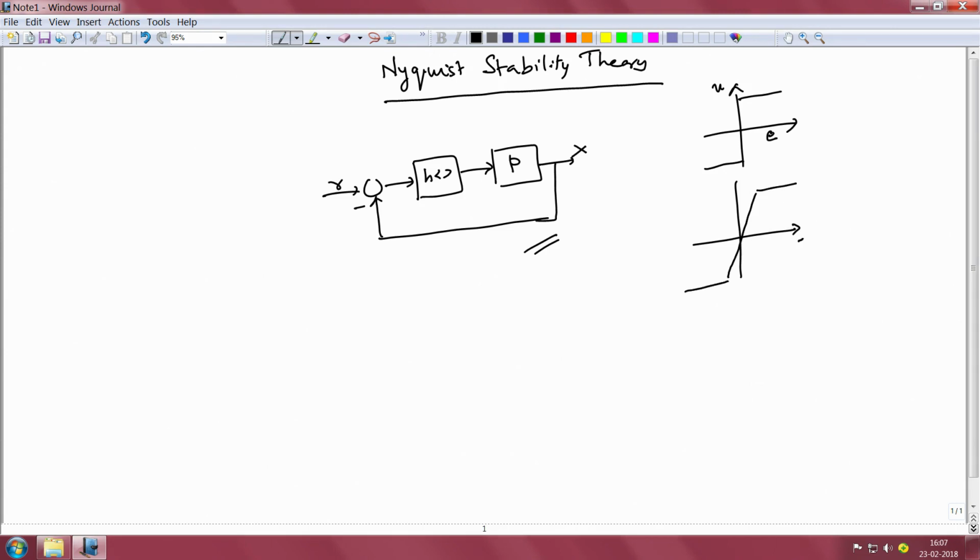This is the error and this is the output u, and in the limit that the slope k tends to infinity, we would have on off control. So one can therefore view on off control as another version of the high gain controller where the gain k is tended to infinity and there is saturation that limits the output of the controller. So this is a simple example which one might not have realized as a version of high gain control, but is actually the case.